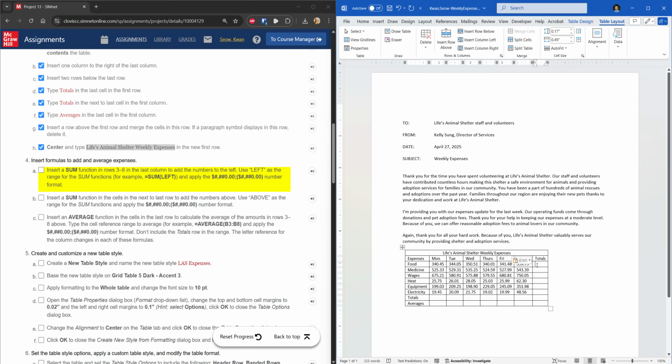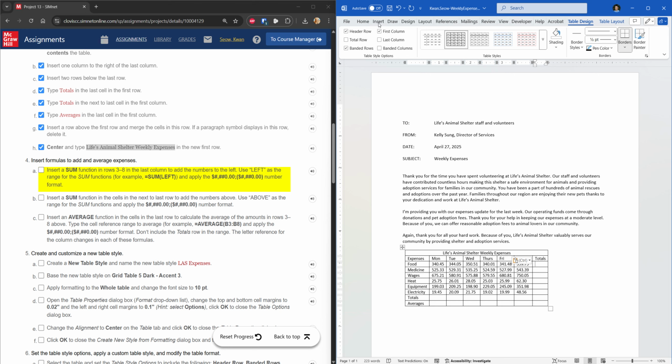So you could use cell, what do you call those? A1, A2 cell labels. So here, this is column A, this is column B. So Monday would have been cell B2. But instead of typing those individual cells out, we can just use equal sum left. However, we can't just type that directly into the table because it will just show the formula. So the way to do that, let's see,